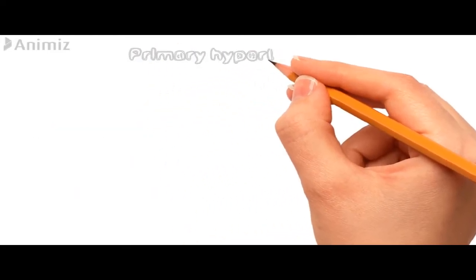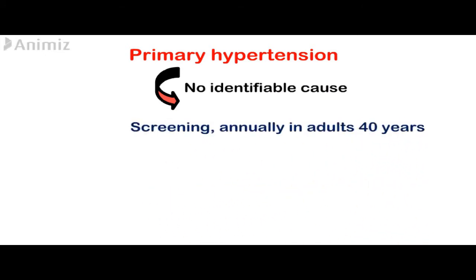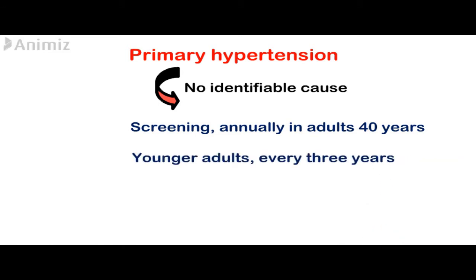Hypertension is divided into primary or essential hypertension and secondary hypertension. Primary hypertension is when there is no identifiable cause for the high blood pressure, and this type consists of more than 90% of hypertension patients. That is why a screening of blood pressure should be performed once a year in adults who are 40 years old or elder, while the younger adults with normal blood pressure and no risk factors for hypertension can be screened